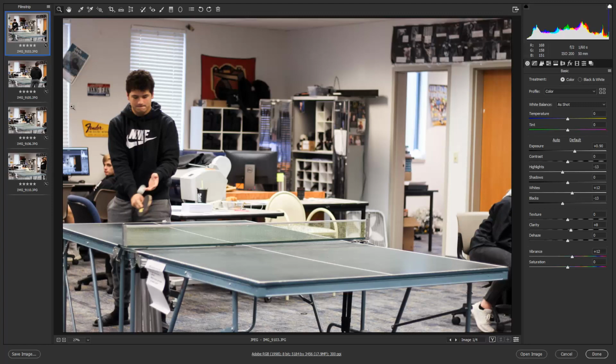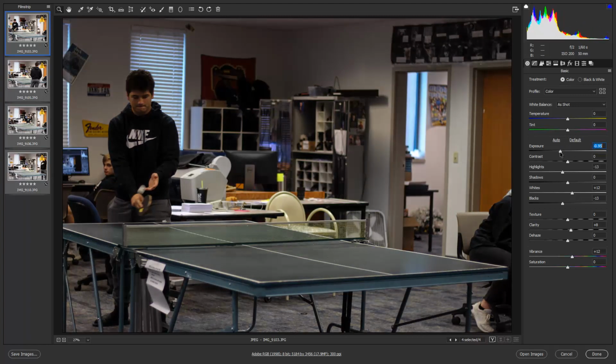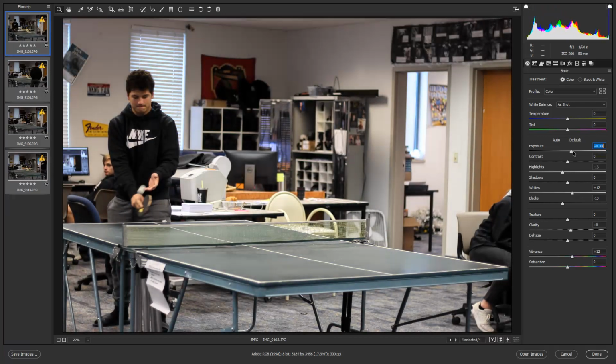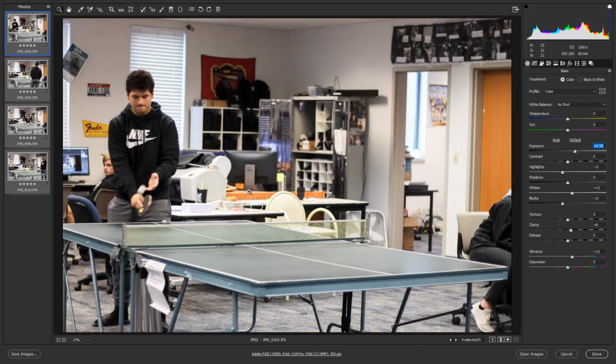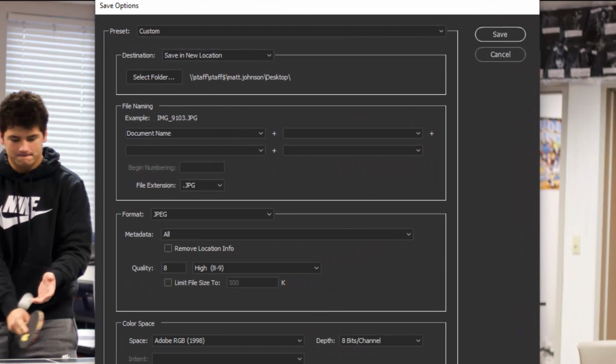And because these were all taken in manual exposure, that means that all 4 photos have the exact same brightness and darkness, which means I can just press Control A, and I really only need to edit 1 photo. You can see when I make changes to one, it makes changes to all 4 of them for me, which is super awesome. I've actually already done the editing on these photos, so I'm just going to go ahead and click on Save Images, making sure that I had all 4 of them selected before I do that,